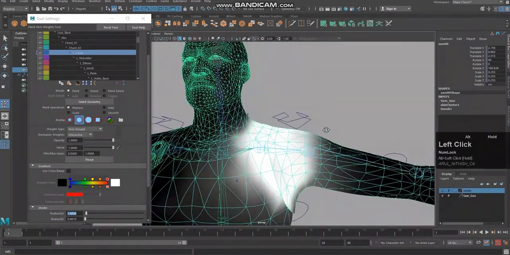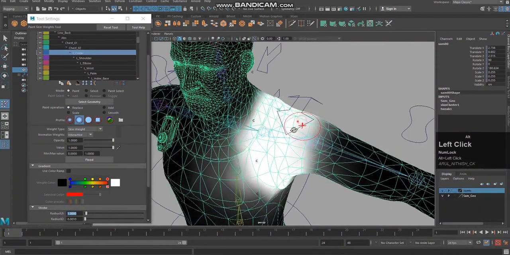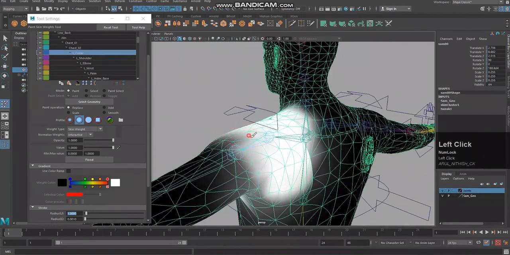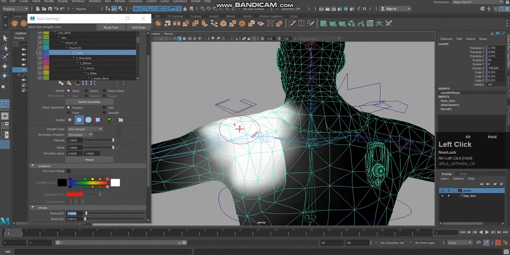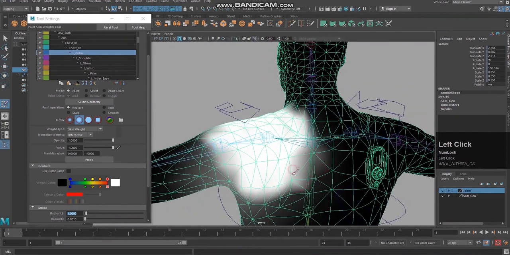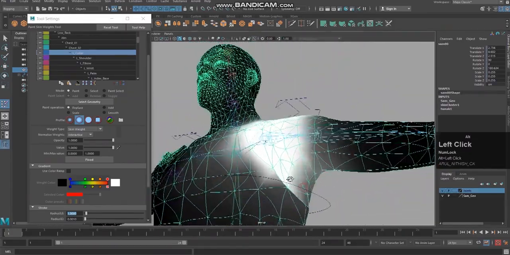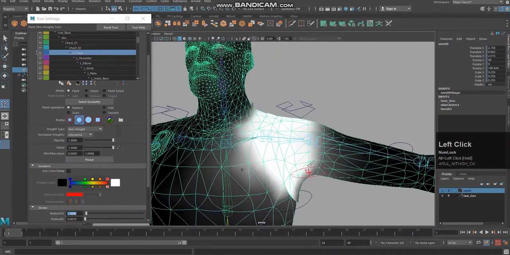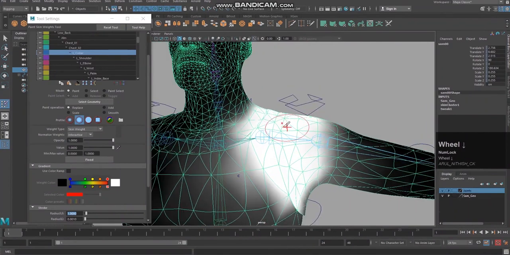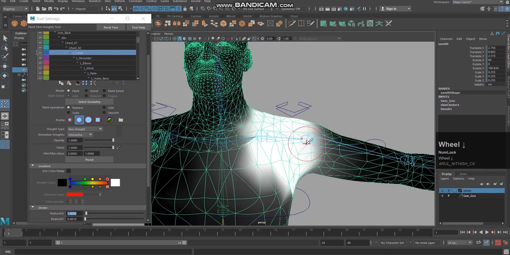Okay, but you see I am having more influence on the back, on the neck. Okay, how to resolve this unnecessary unwanted influence? Right, so now I am simply clicking on the left mouse button and I am painting the weight. Okay, now I'm going to use